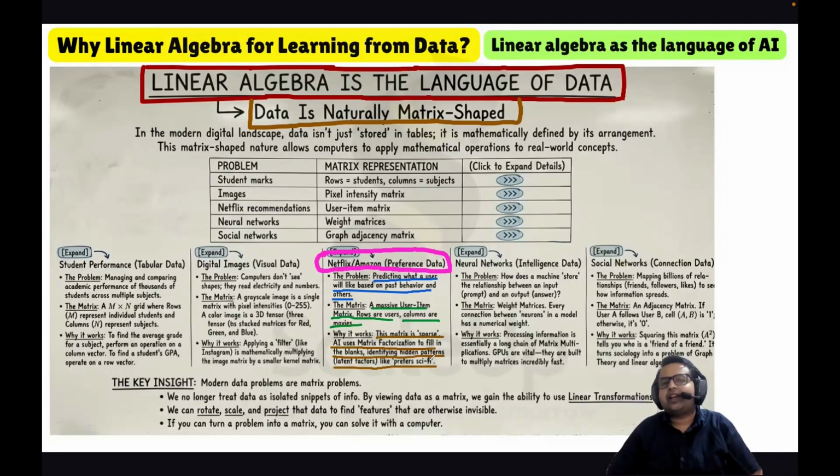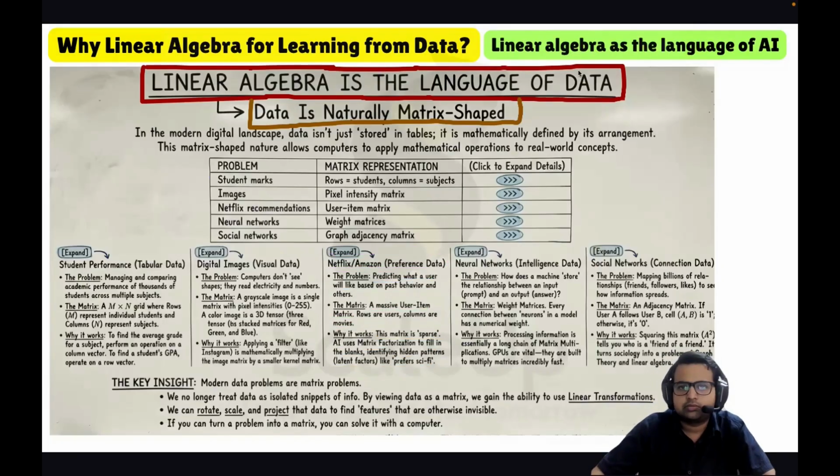So now we are getting a realization: linear algebra is the language of data. If we represent the data in the form of a matrix, we can make use of linear algebra to solve problems. Similarly, if we talk about neural networks,